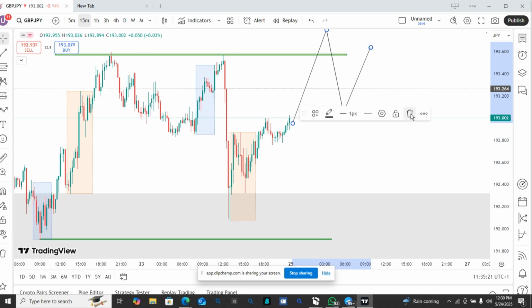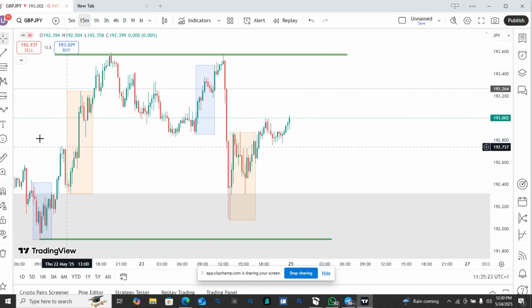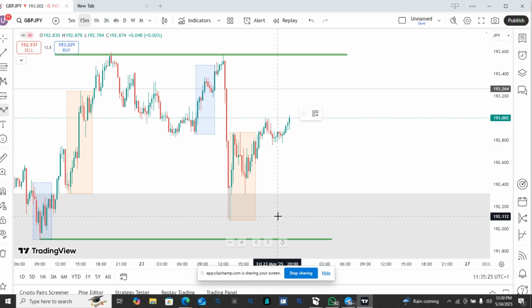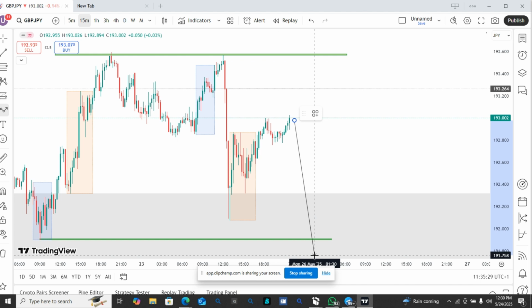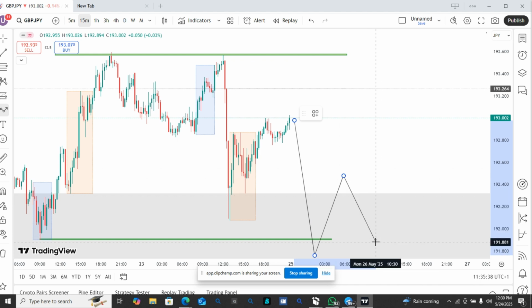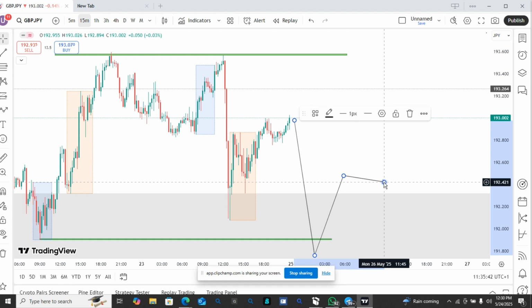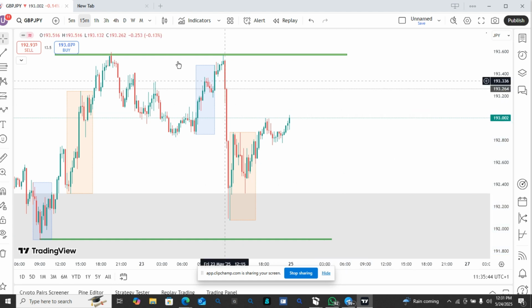That's first attempt. Then second attempt is if price fails to go up and comes and breaks below this zone, that means we are going down. We do the same thing, wait for price to pull back to any of these traditional reference points and we pick up a sell towards the next 4 hour zone. So this is how we'll be picking up our entry on GBP JPY. All right. So next pair on the list is